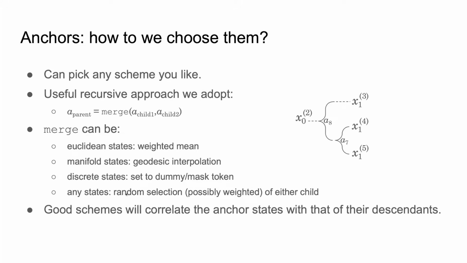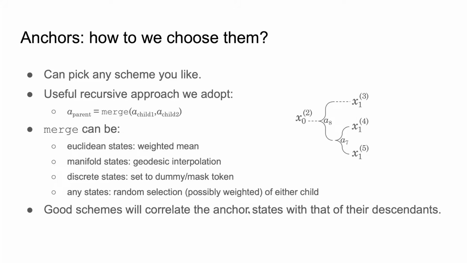A general strategy is that when you merge two states, you could pick a weighted sample of either child, maybe weighted by the number of descendants they have. You don't have to make the anchor state some new thing. It can just adopt one of the states from one of the children. You get to pick any scheme you like, but good schemes will correlate the anchor state with that of